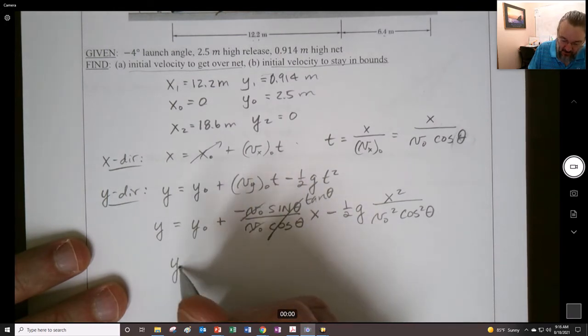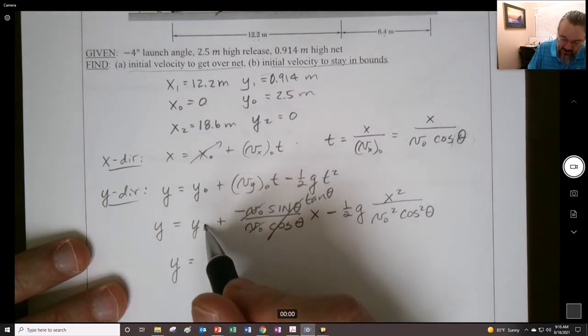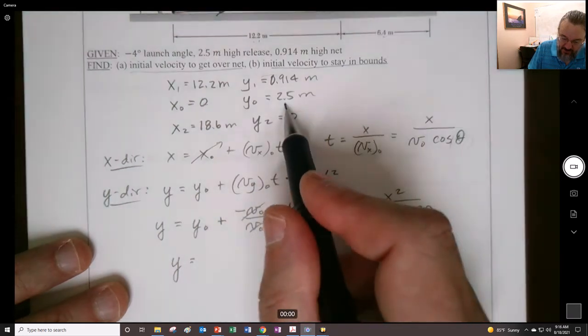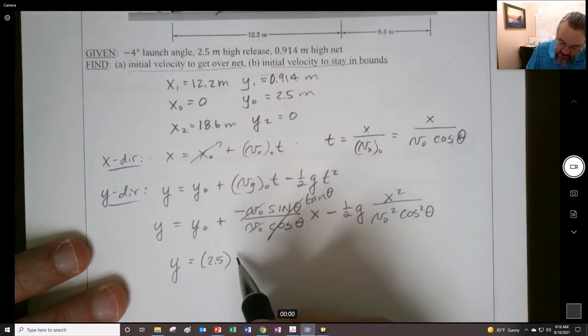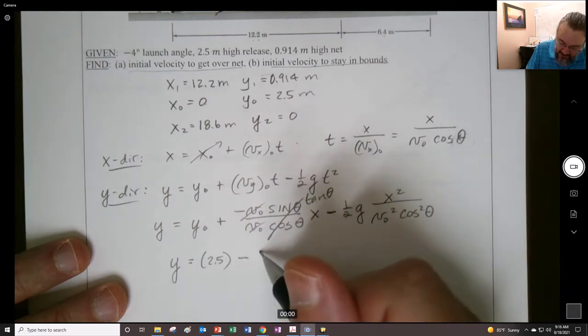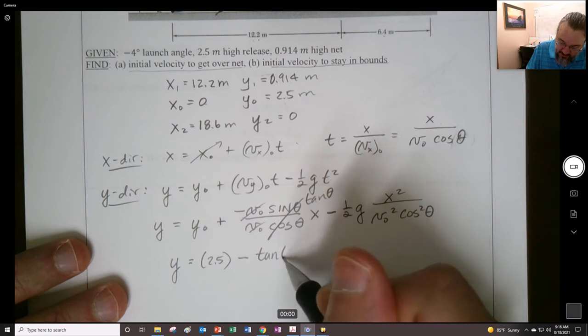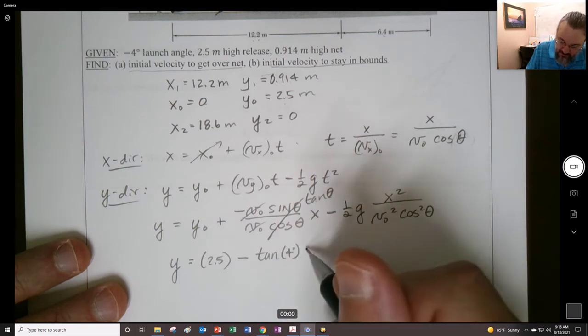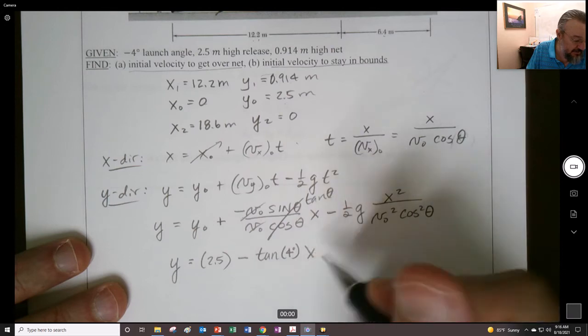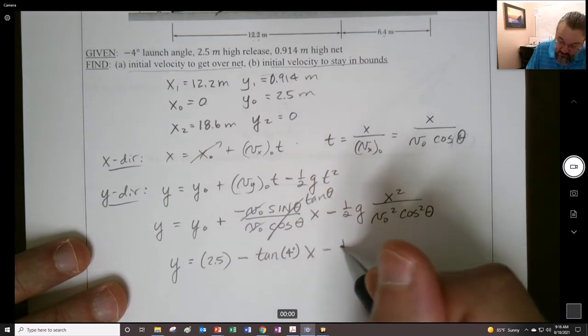So y is equal to y naught, which is going to be 2.5, minus the tangent of theta, so tangent of 4 degrees, times x, minus 1/2,